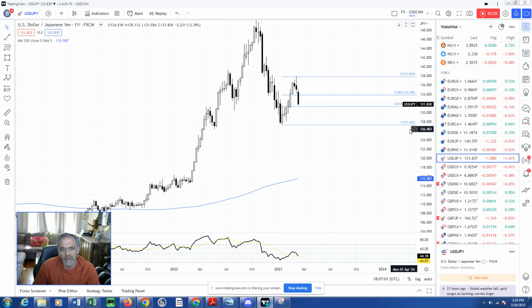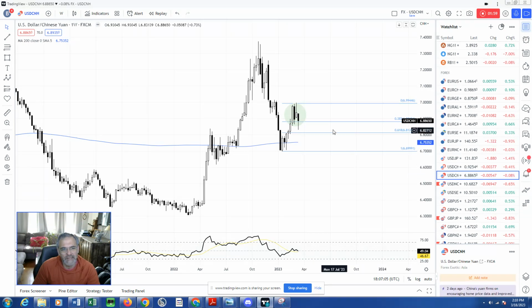Another dollar pair that I like to look at always is dollar CNH. This to me is mixed. There's nothing here to me. If anything, congestion. I have the Fibo here from this low to this high. We have a mix of candles here that I think is showing me a lot of congestion, a lot of mixed flow, nothing too conclusive here.